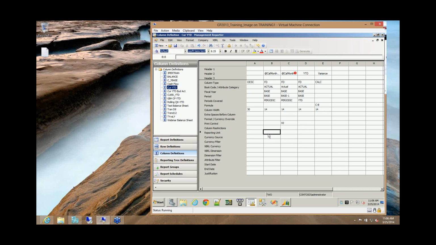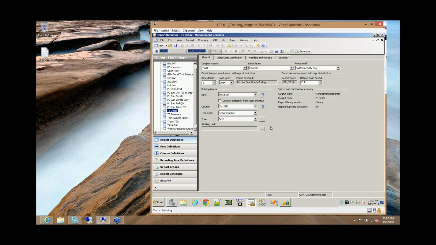All right. I don't see any at this moment, so I'm going to keep going and cover trees. And no, I'm not going to save the changes. Okay, so in this particular report, it has a department level tree. So in Management Reporter, you can decide not to use a tree and then it just takes it away. Or if you do select a reporting tree, you can then select from any available tree that you have created. So this particular report uses a department tree. So if we look there,